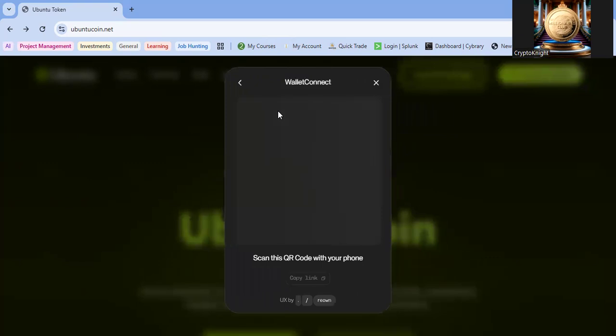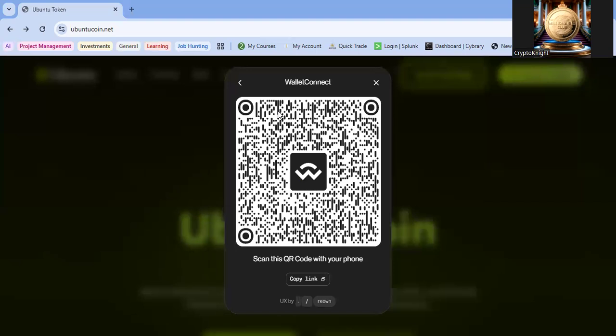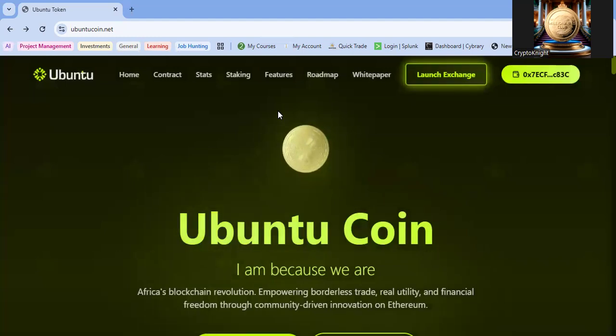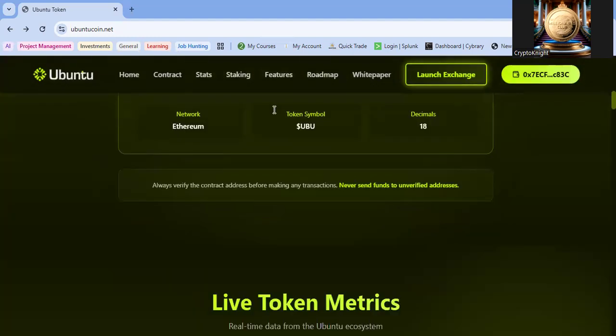I'm gonna connect via WalletConnect. Gonna open up the app on my phone and scan this QR code there. It's gonna pop up. I'm gonna connect it. Ubuntu staking wants you to connect. Yes, connect. Now, what you then do is scroll down to the bottom a little bit